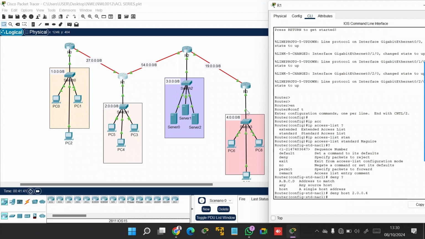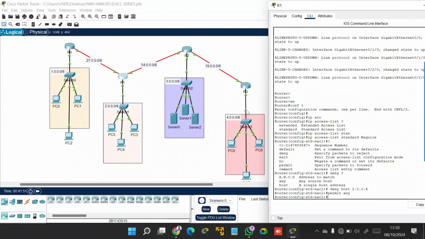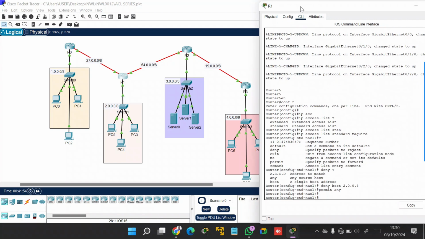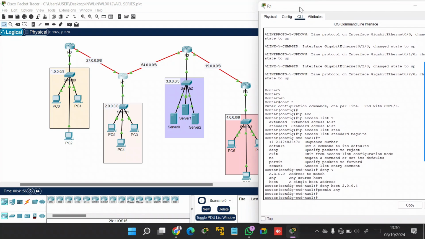When I hit enter, then I need to permit every other traffic. Permit any. Enter. All right. So like I mentioned earlier, the advantage the named access list has over the regular standard access list